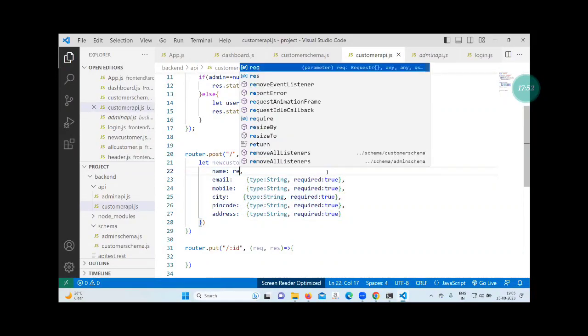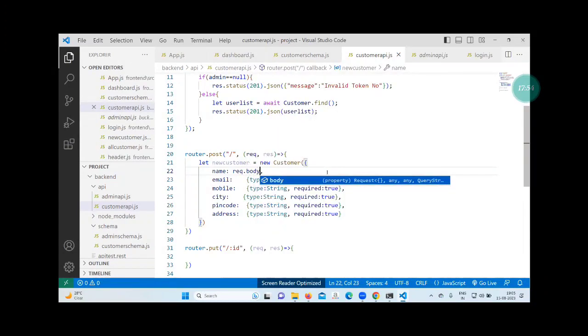Request dot body dot full name. Now from the React you have to send the property as full name. From full name it will go to where? Name. Name is a column of the table. But from the front end, data will come in which variable? Full name. In the React, we have to create a JSON body. In that JSON body, our property name will be called full name. Okay.